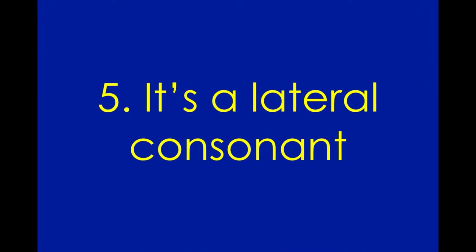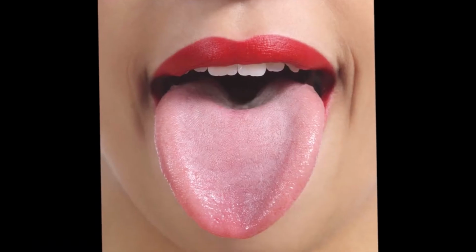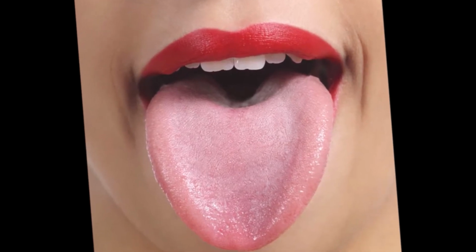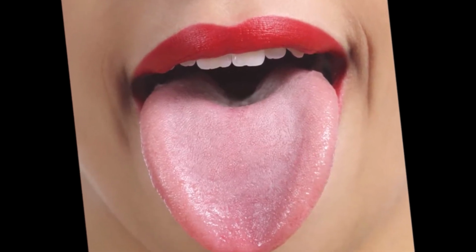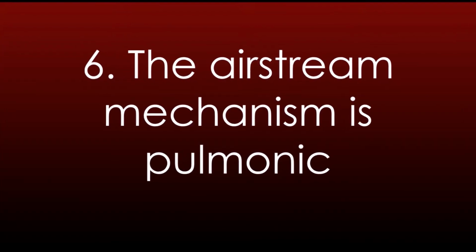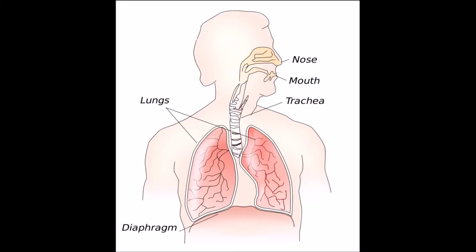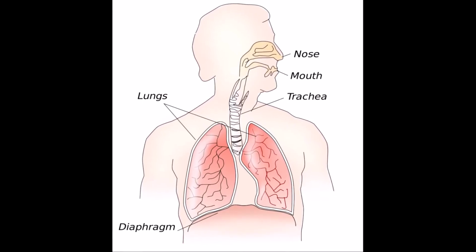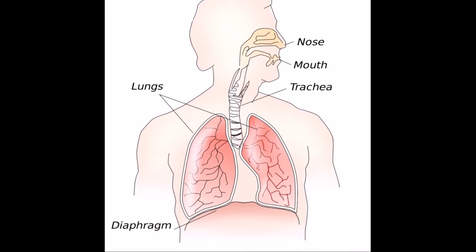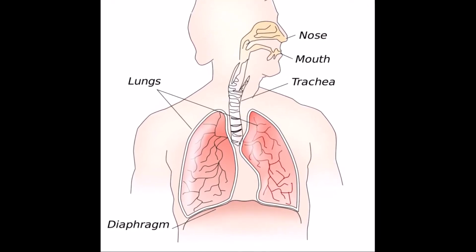It's a lateral consonant, which means we say it by directing the airstream over the sides of the tongue rather than down the middle. 6. The airstream mechanism is pulmonic, which means we articulate it by pushing air solely with the lungs and diaphragm,